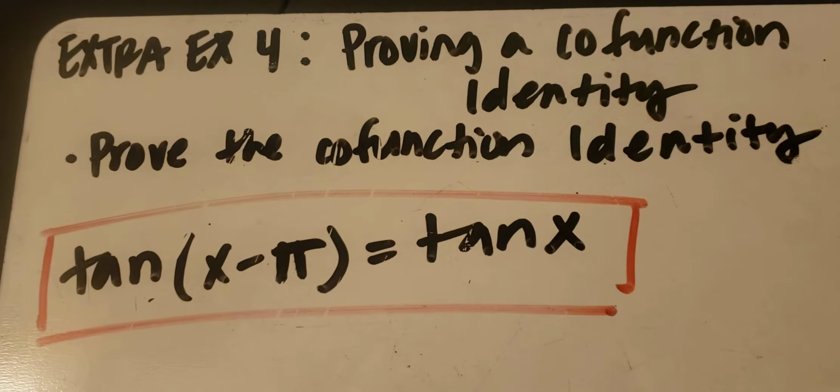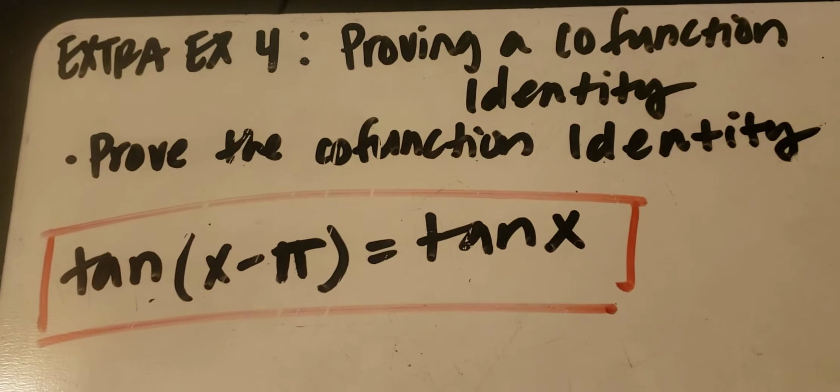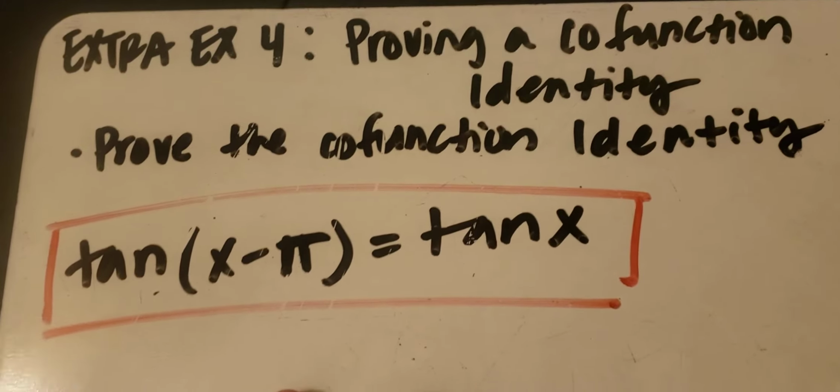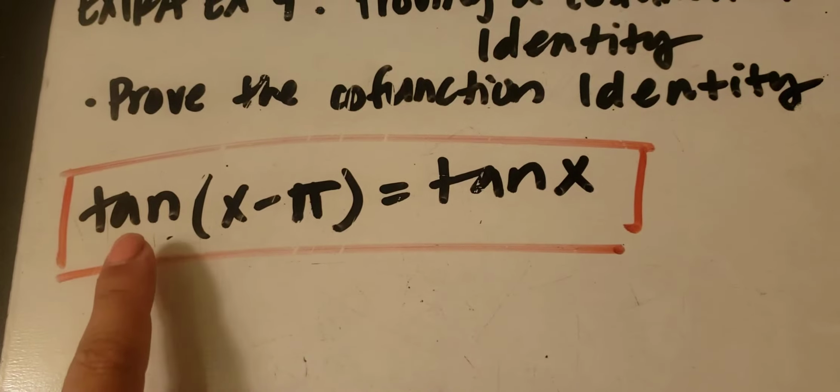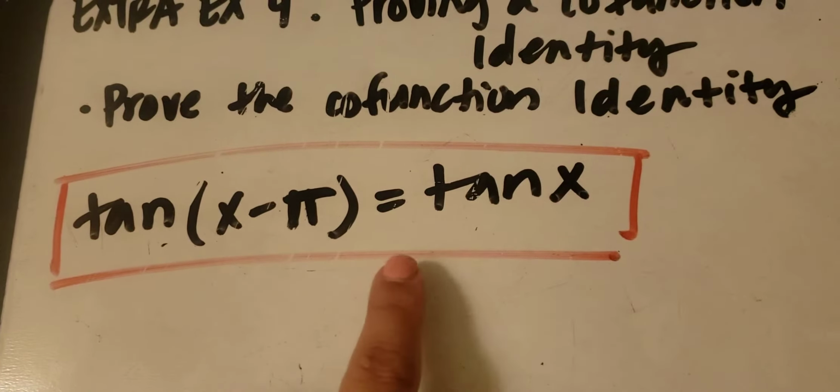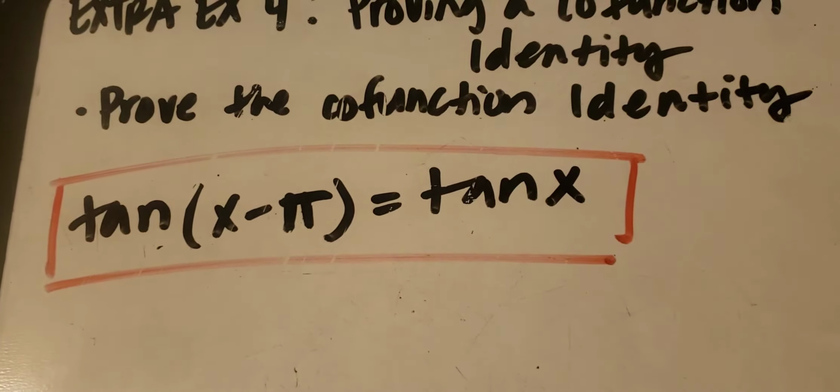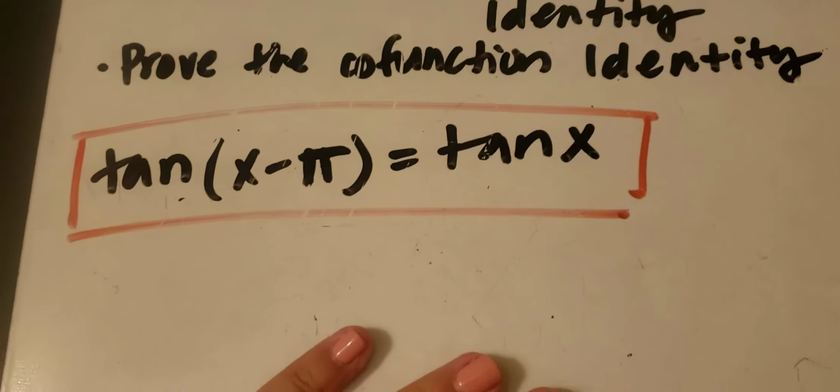We're actually going to start with example 4. In example 4, we're going to be proving a cofunction identity. If you look at the example they gave us, we're going to prove that tangent of x minus pi is equal to just tangent of x. For this, we're going to need our